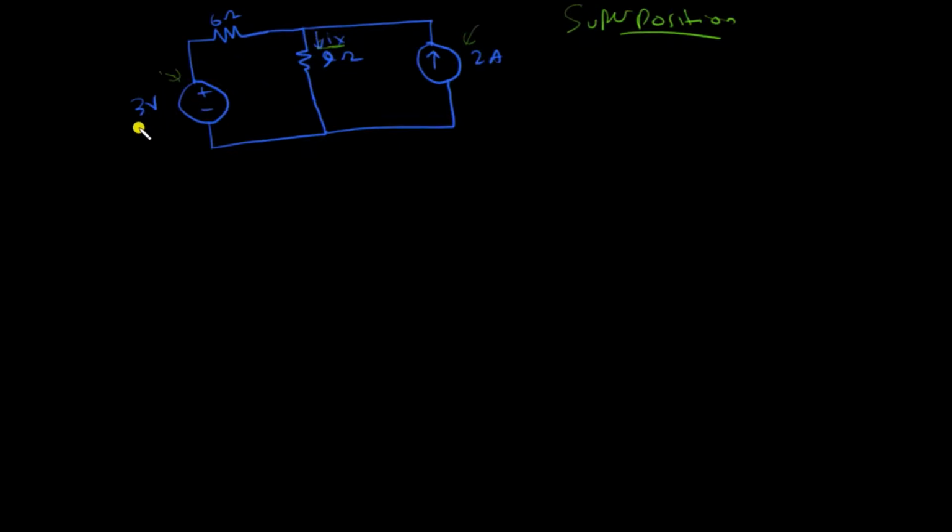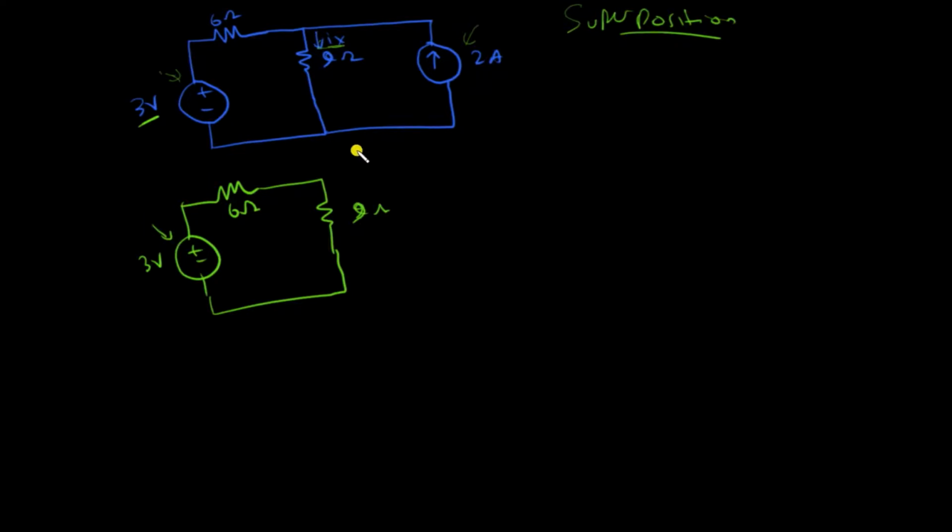So first I'll just use this voltage source and I redraw the circuit, and this will be my voltage source, and there's the resistor, and there is the 9 ohms resistor, and now the current source. So I'm removing the current source from the circuit because I'm just considering the voltage source right now. As I mentioned in the previous slide, the current source is always replaced with an open circuit. So this is the current source.